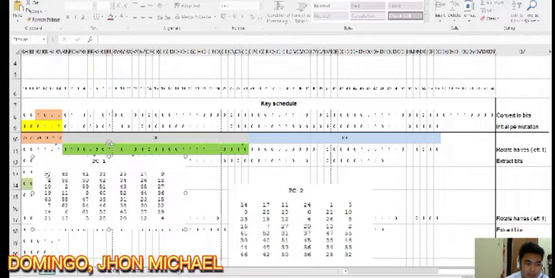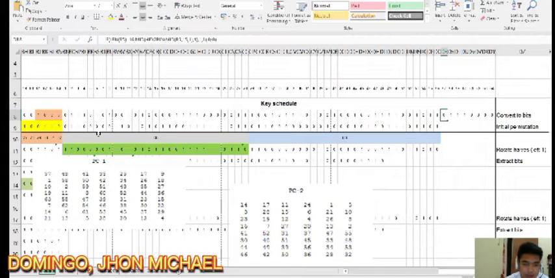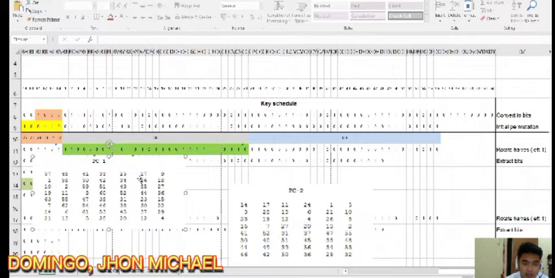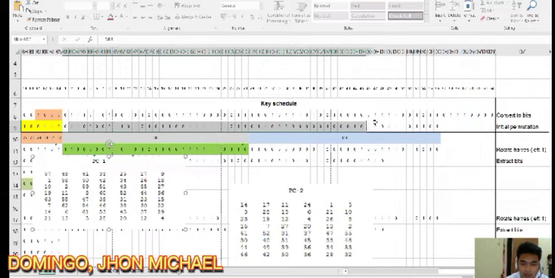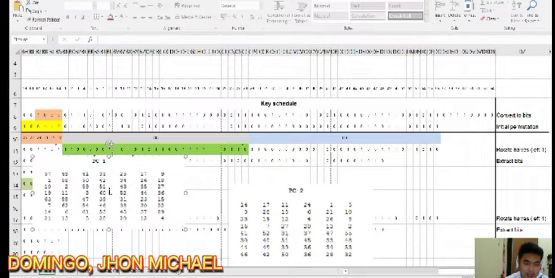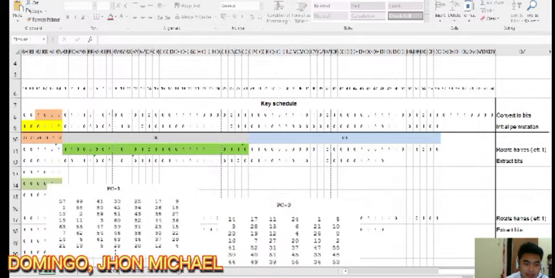So 57 first is 0, and 49 is 1, and so on. The initial permutation has 48 bits, and then next will be the